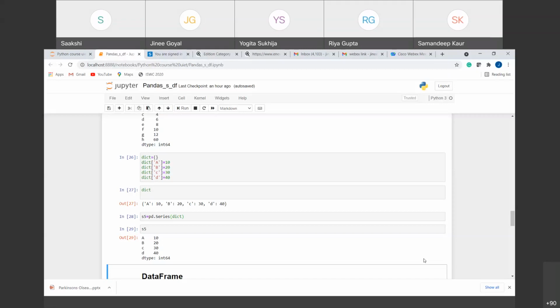Now we know that one column of an Excel sheet represents a series, right? But in actual practice, when we have lots of data, we have multiple columns there, right? So we cannot create so many series for each of the manipulations. We want to have all those in a single place. So for that, we use a data frame. So you can consider a data frame as multiple columns in the Excel sheet, right? So data frame is a collection of series. It means one column of the data frame is a series, the second column of the data frame is also a series, but if we combine these two series, we get a data frame.